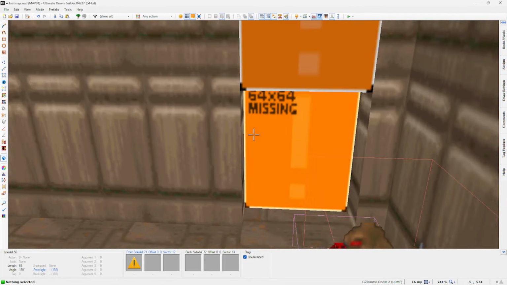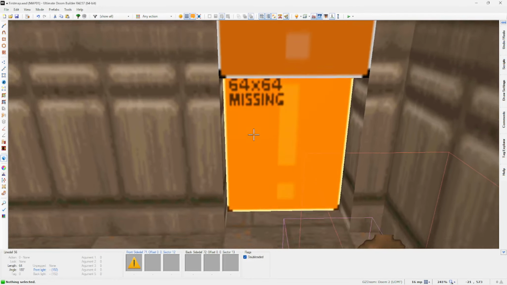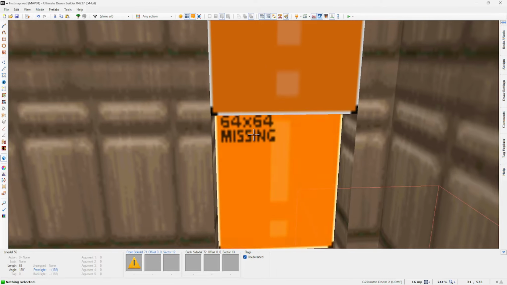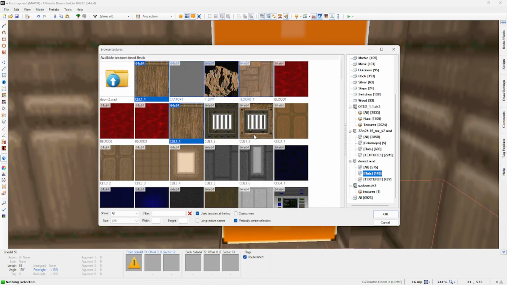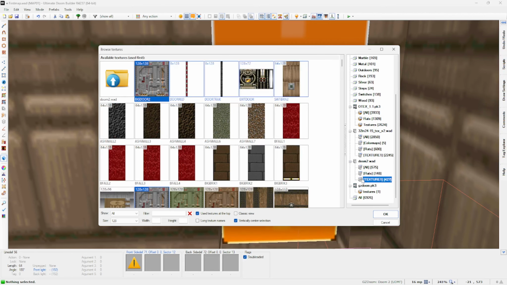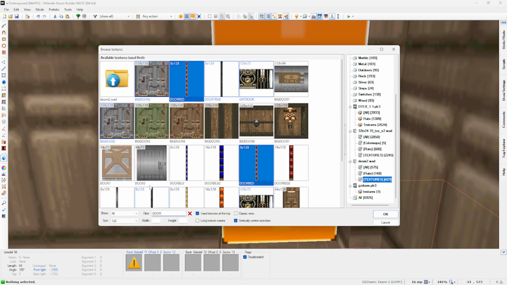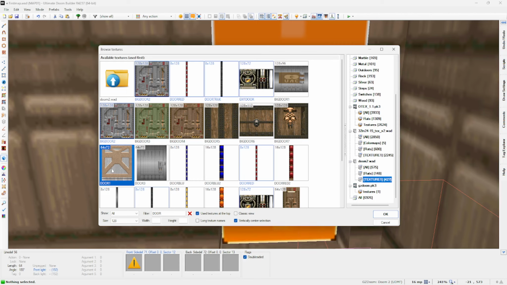One other shortcut that's good to know, if you mouse over a single side def or whatever, you can hold down Control and right click, and it'll get you straight into the texture section for that relevant side def that you've hit. So I'm going to go to all the doors, and I might use this door 1 here, 64 by 72